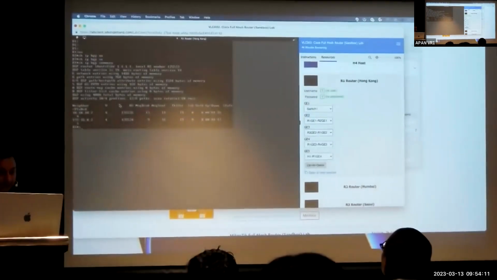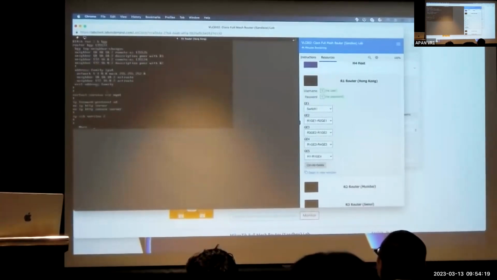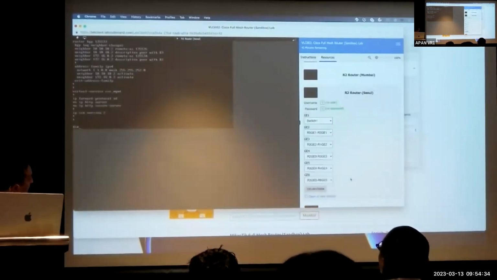If I show the BGP configuration, router 1 is advertising a network of 1.1.0.0/22, with mask 255.255.255.0. If I go to router 3 and look at what I'm getting from router 1,